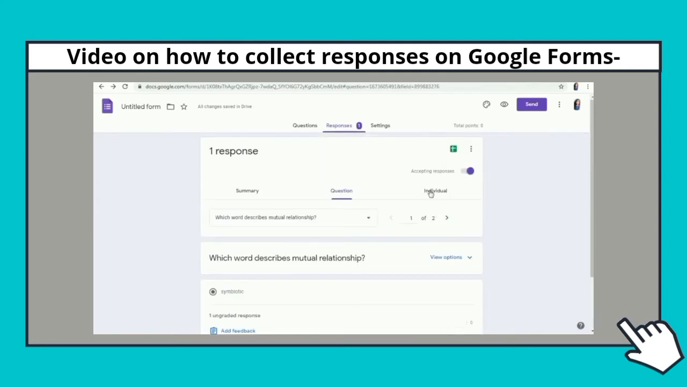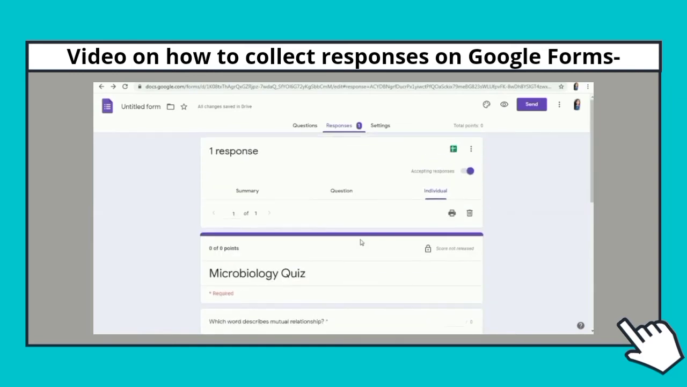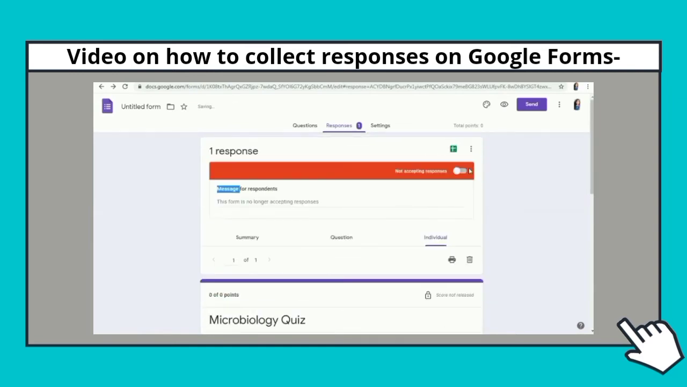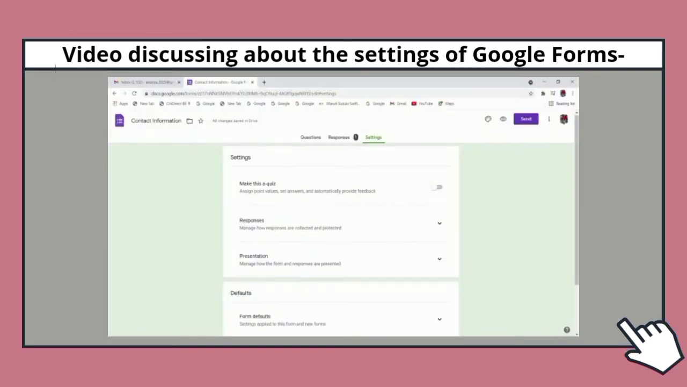From here we can check the responses individually. You can see here we get an option to accept further responses or not. This is the settings part of a Google form, and we have three tabs under it. If you want to convert your form into a quiz, then you can press the make this a quiz